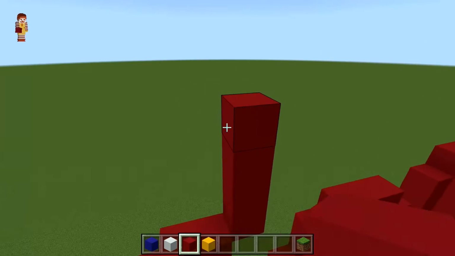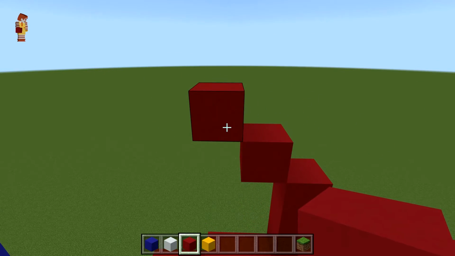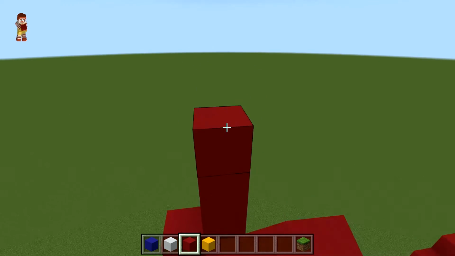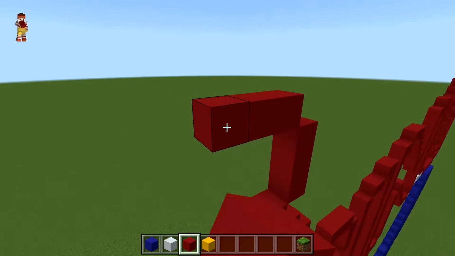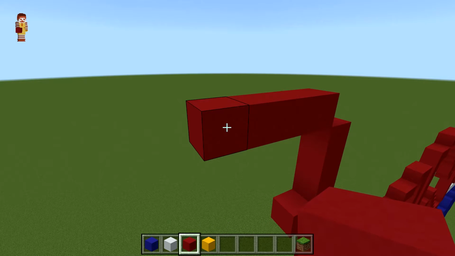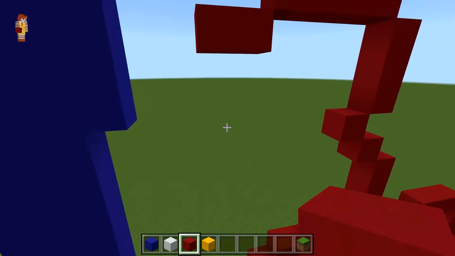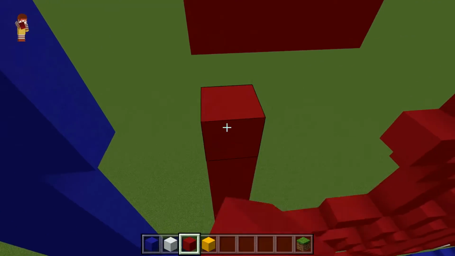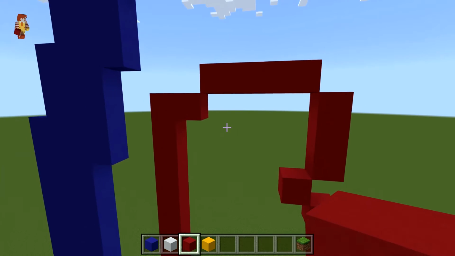2 up left diagonals. 1, 2. An upright diagonal. Up by 2. 1, 2. An up left diagonal. Left by 3. 1, 2, 3. A down left diagonal. Left by 1. And then you're just going to connect the top to the bottom like this. Also on this B, just real quick, you're going to fill in